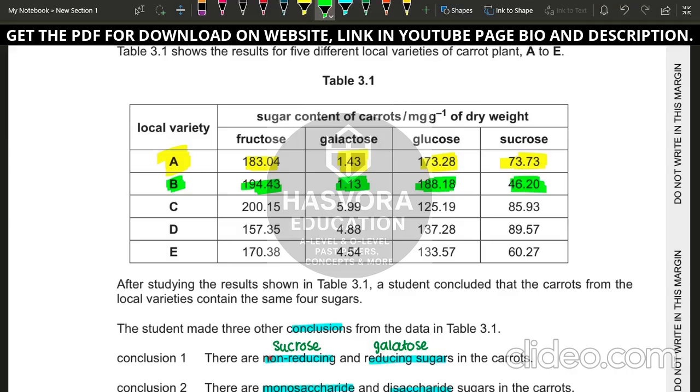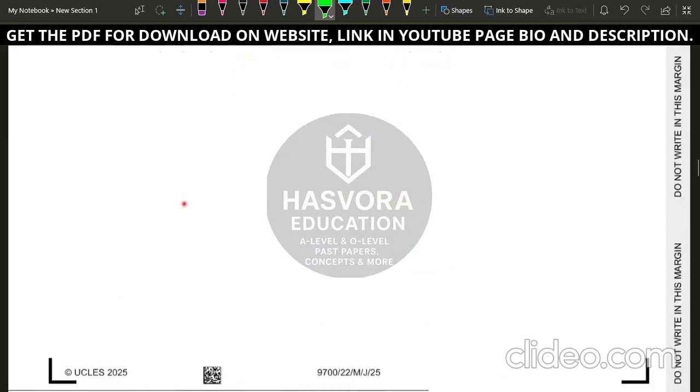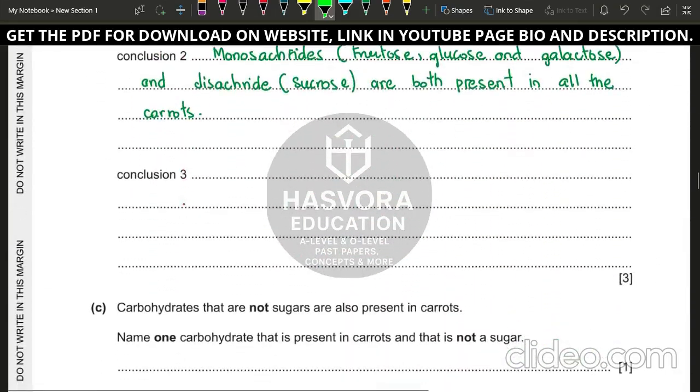So first of all, what you will write in your answer is that the pattern of the sugar content in all of the carrots is the same. The sugar content of the galactose is the minimum, followed by the sucrose, and then the glucose, and then your fructose. Okay, so what you can write is that the pattern of sugar content is same,